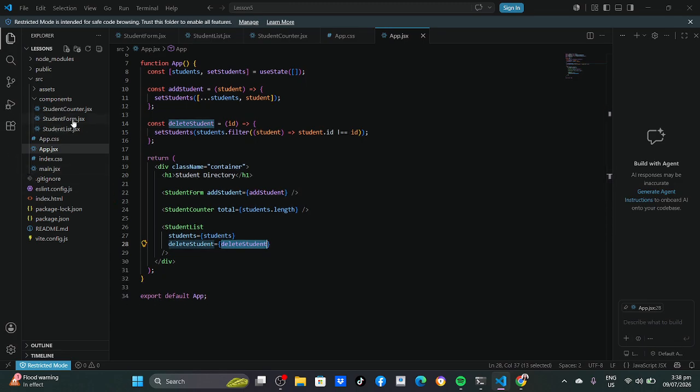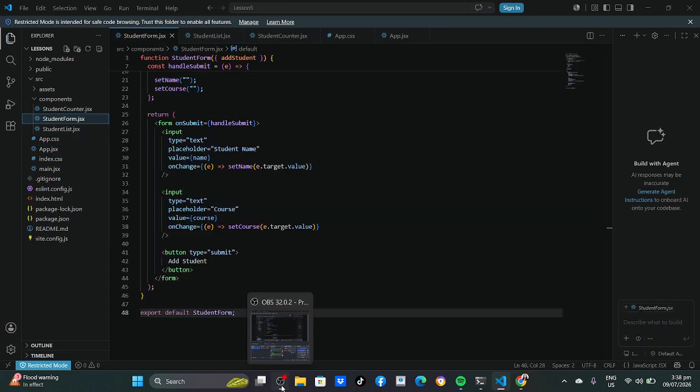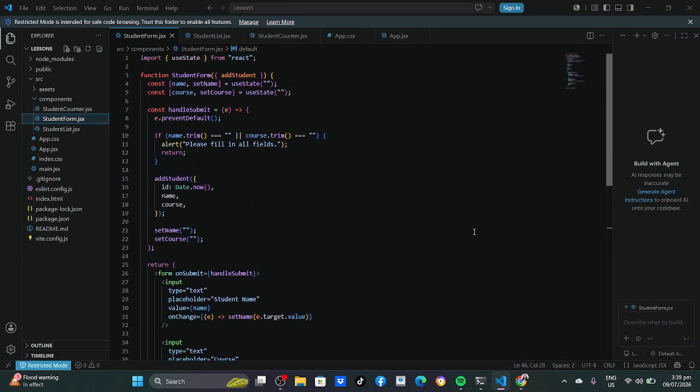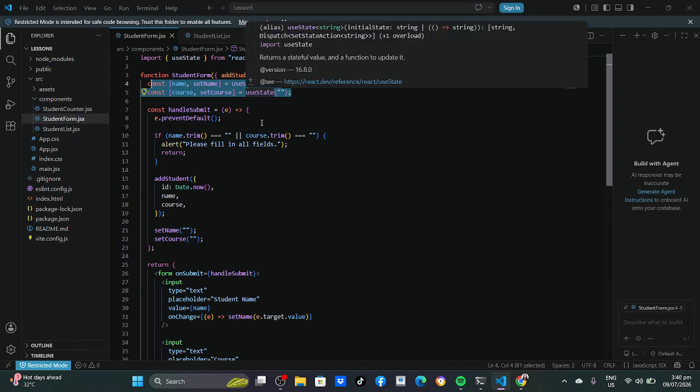Now let's move to the student form. So here is the component. This component is responsible for the registration. So first, I created two state variables, as you can see in here, where these variables store the values entered in the input fields.